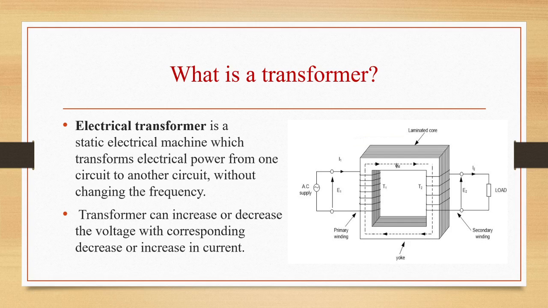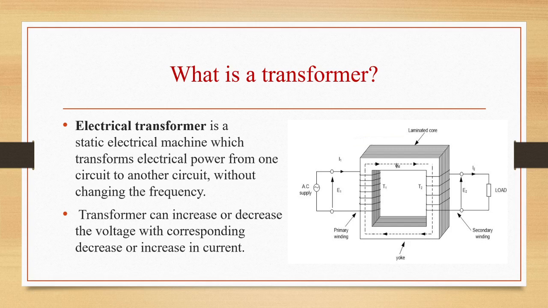So what is a transformer? A transformer is a device which transfers electric power from one circuit to another, and it does so without change in frequency. It accomplishes this by electromagnetic induction, where the two electric circuits are in mutual inductive influence of each other. So whenever we apply alternating voltage to the primary winding, alternating flux is set up in the core, and this alternating flux will link both the windings and induce EMFs E1 and E2 in the primary and secondary winding respectively.